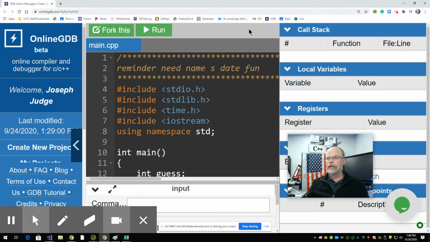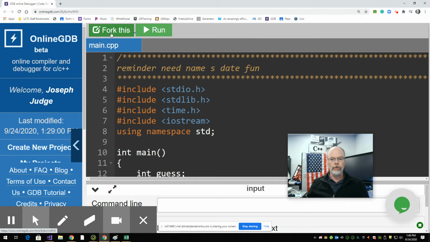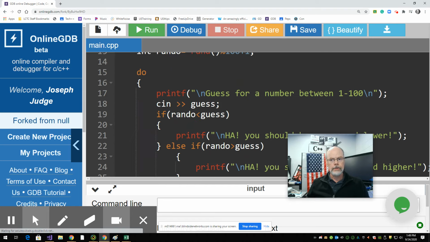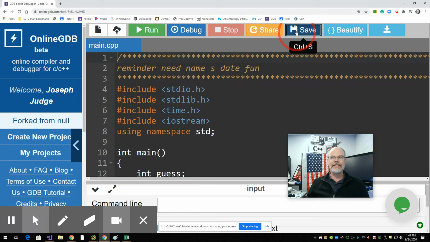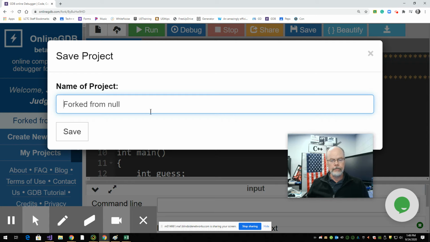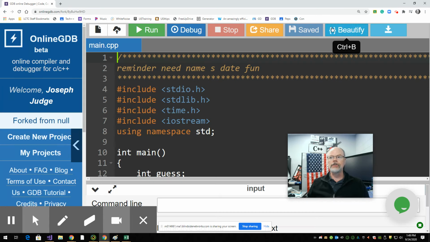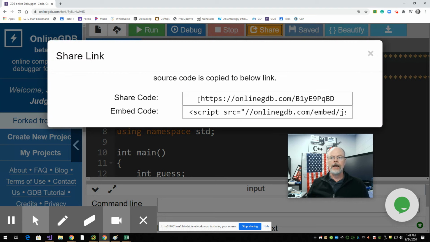If I jump into online GDB, what you're going to want to do is fork it. Right there, click on fork, which gives you your own version. Make your changes. When you're done with your changes, you're going to save it, give it a name, and once you've saved it, then you can actually do a share, copy this link,